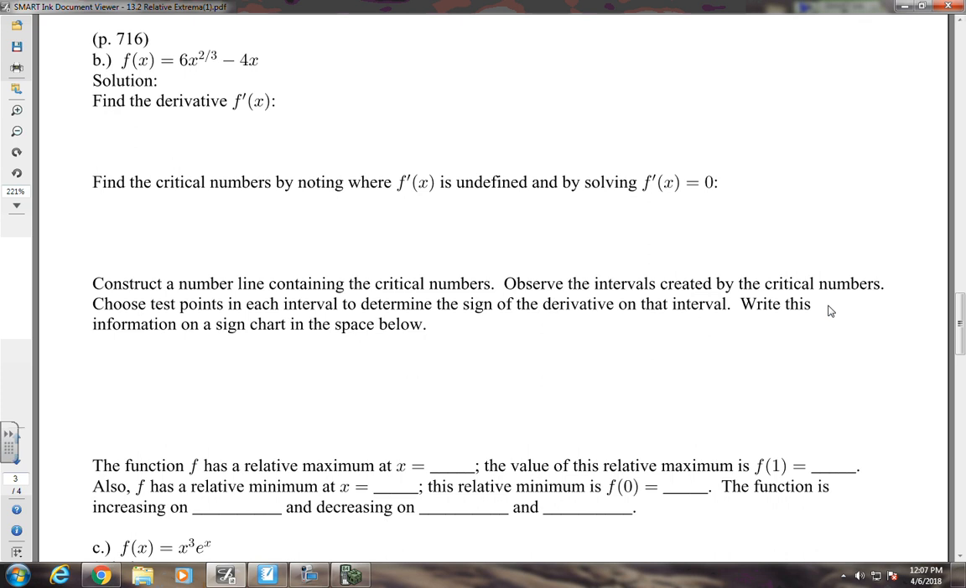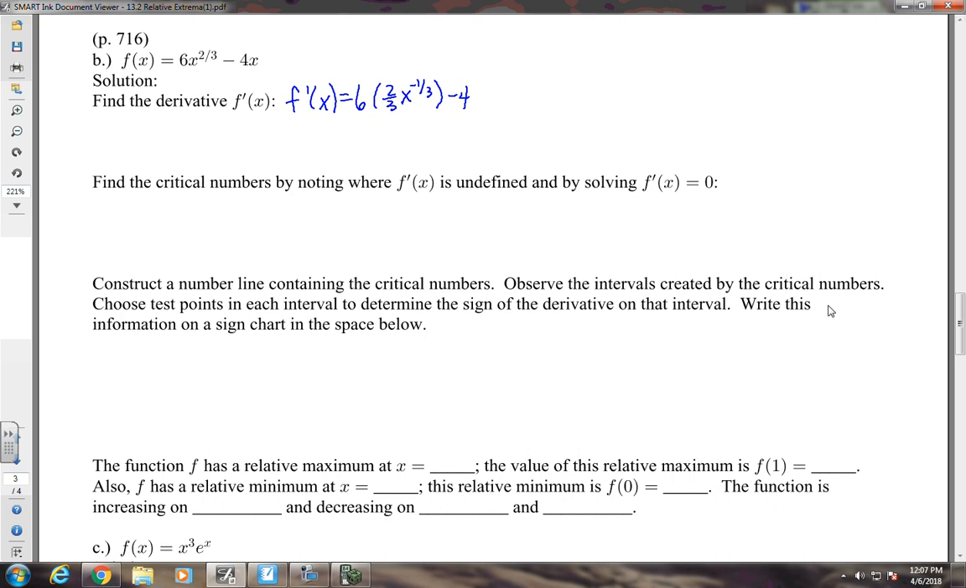So when you're ready, example 3b, we have this function f of x equals 6x to the 2/3 minus 4x. We are looking for relative extrema, or where this function has a maximum value or a minimum value. So the first thing we have to do is find the derivative. So in this case, f prime of x is going to be 6 times 2/3 x to the negative 1/3